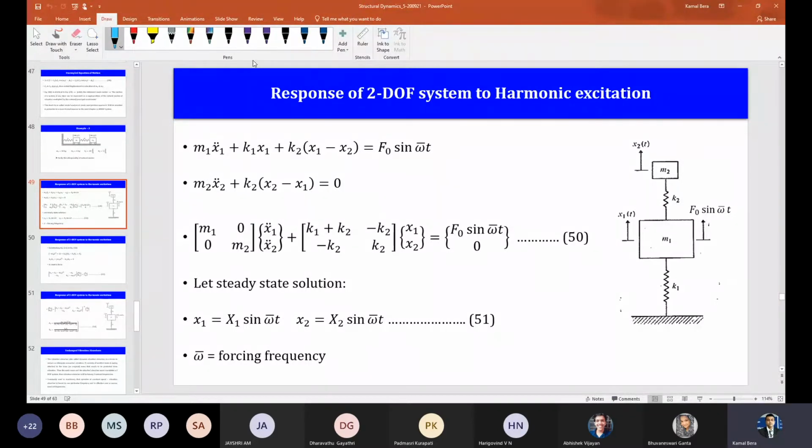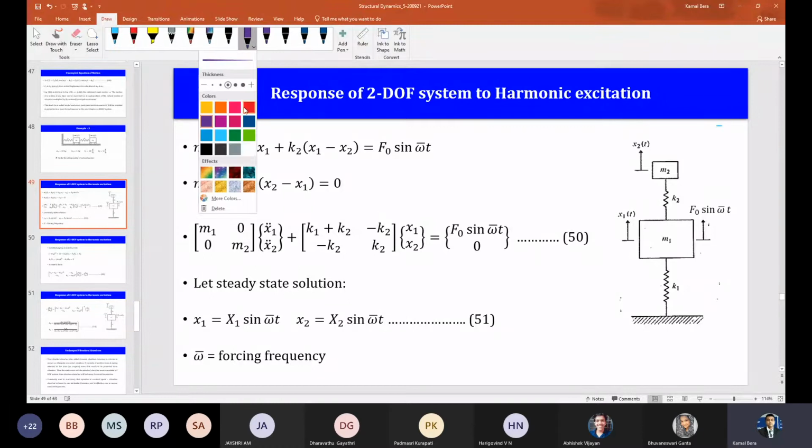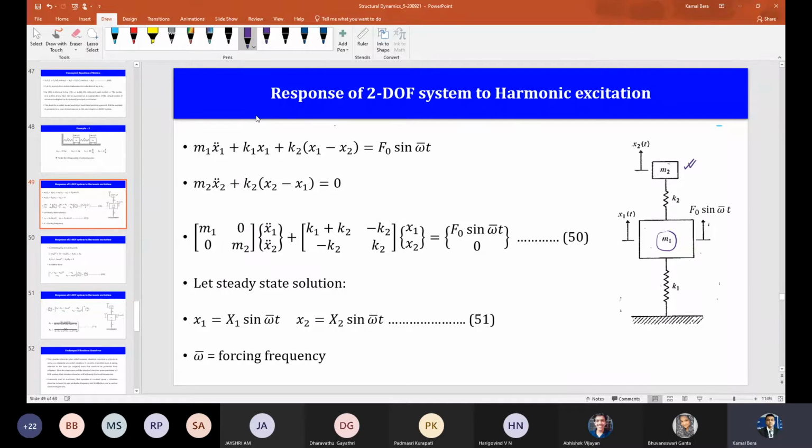As you can see here, we have all discussed these things in the last class, but I am repeating again. So it is a 2 degrees of freedom system, right? You can see a simple 2 degrees of freedom undamped system. So it's the mass m1, which we call the main mass, and mass m2, which is the secondary mass, or also the absorber mass. Why is it the absorber mass? Because, as we will see shortly, this mass is attached to reduce the vibration of the main mass.